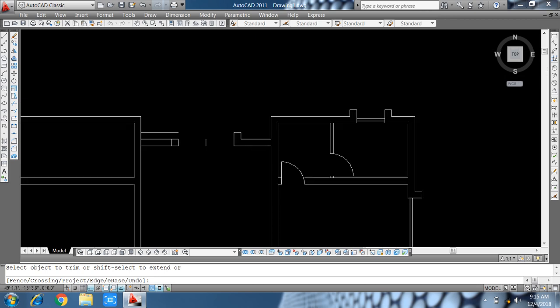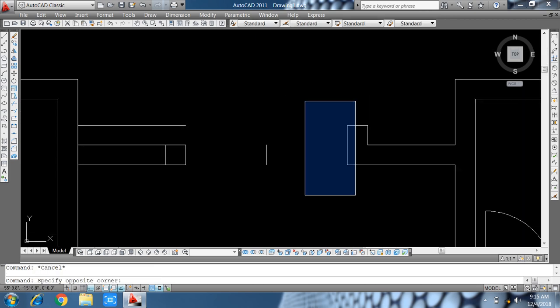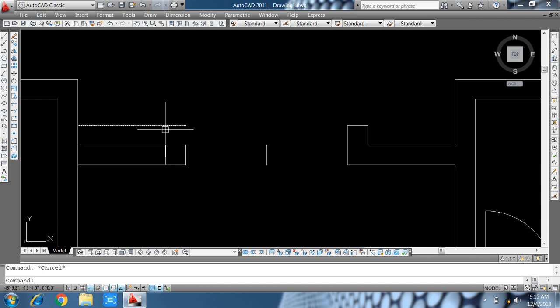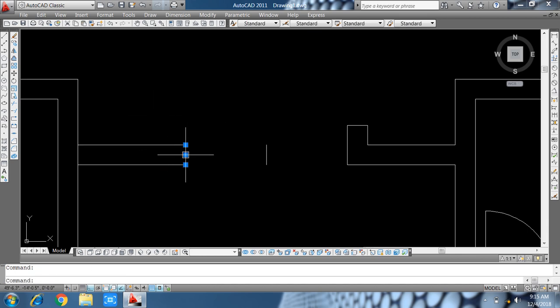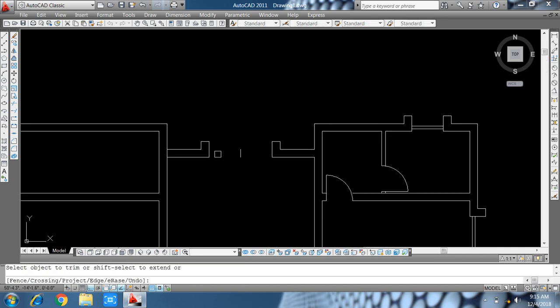We make it now friends, we make same and other this type window and this type.